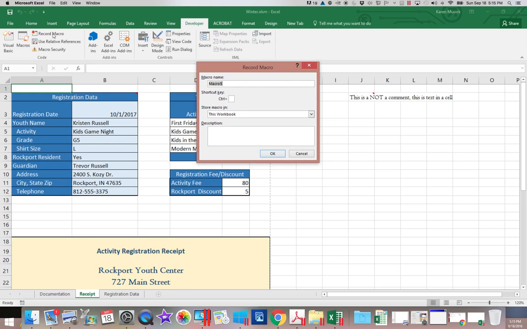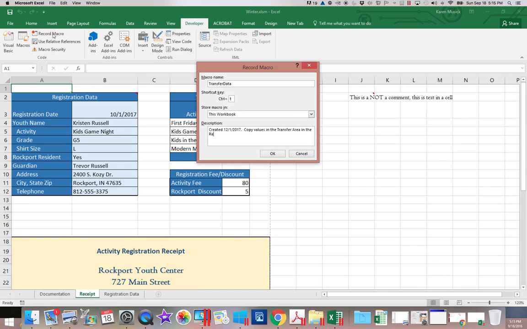We're going to call this one transfer data, and it has a Control T. It's going to be stored in this workbook, and it is going to have a description of created 12/1/2017, and it tells us we are copying